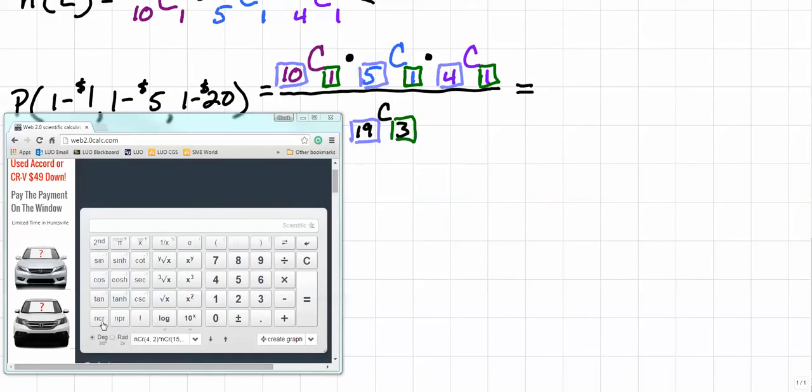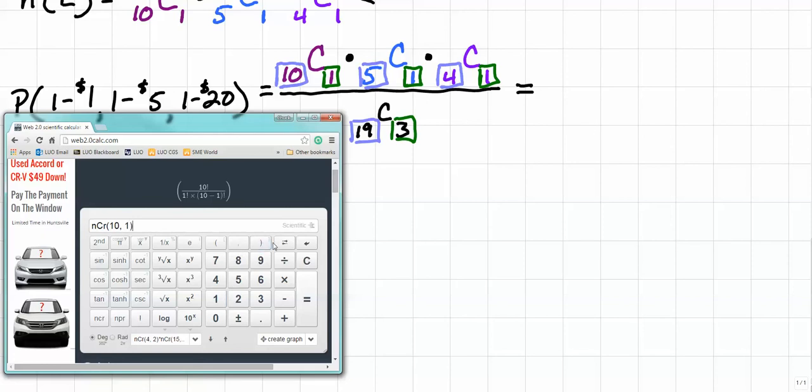Okay, so we start with the NCR, and we're going to do the 10C1 here. So 10, comma, 1, close parentheses, times another NCR, 5, comma, 1, close parentheses, times another NCR, 4, comma, 1, close parentheses. Now that's the entire numerator. Now we're going to divide by another NCR, 19, comma, 3, close parentheses, press equals, and we have